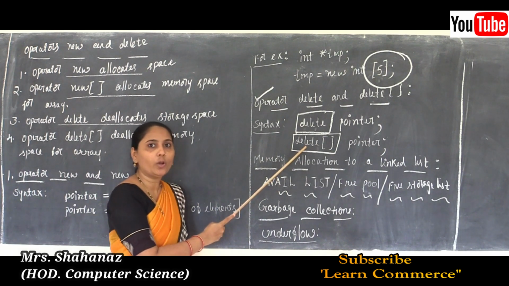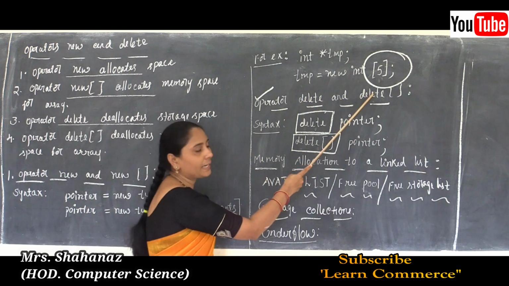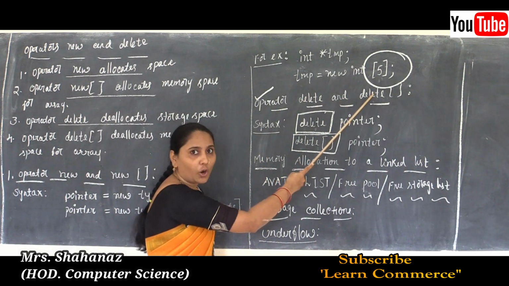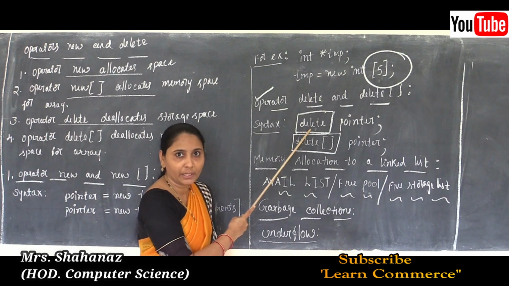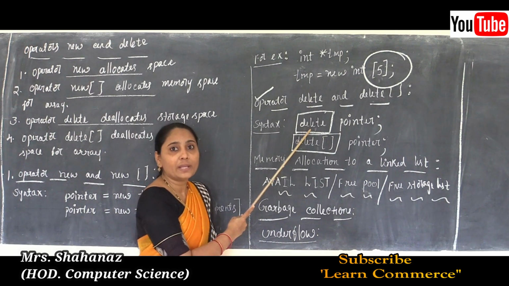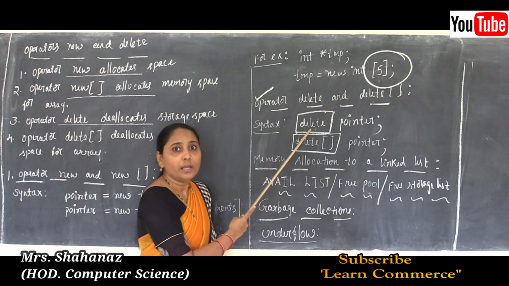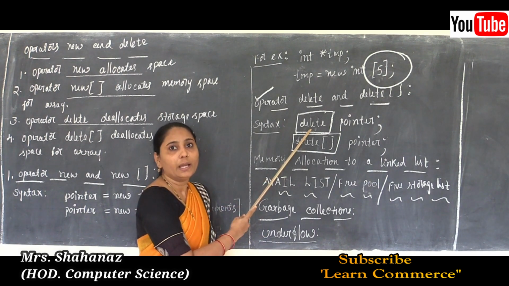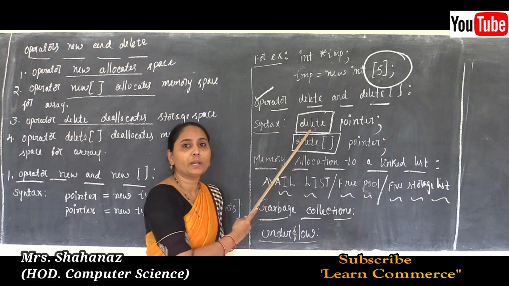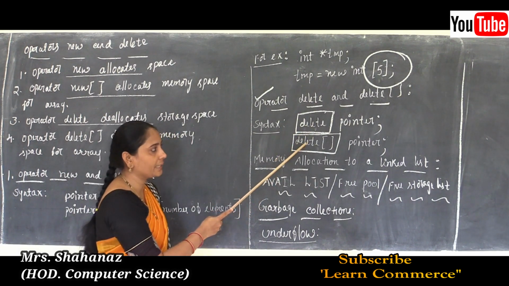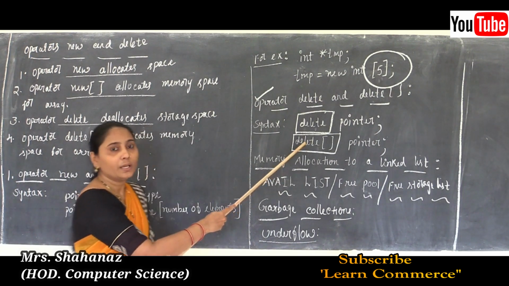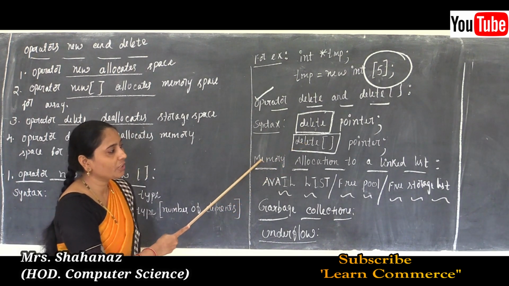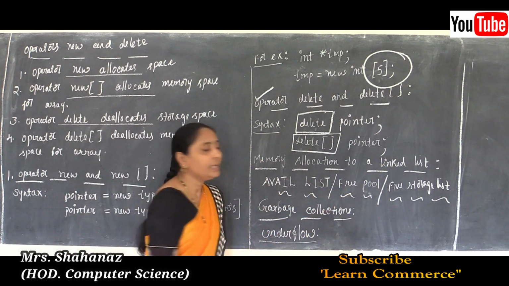I think you already know about delete and delete size. What's the use of such operators? Whatever memory is allocated dynamically, if you don't want it, you free such memory, and then it becomes available for requests of dynamic memory. The operator delete and delete size pointer is used here. And after this concept, let's see the memory allocation of a linked list.